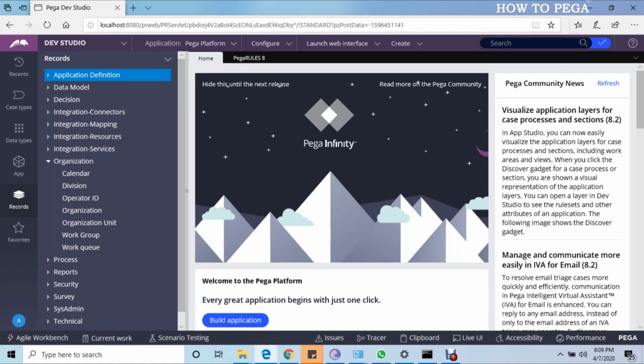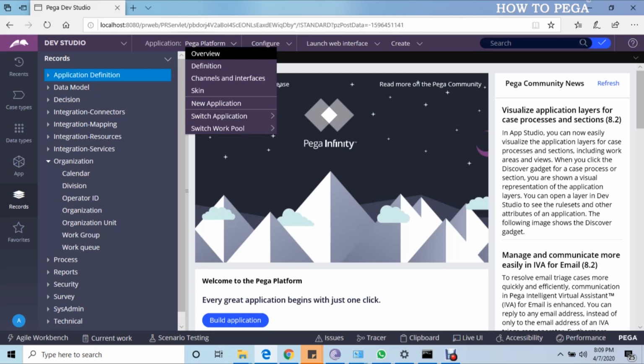Next is the top menu. In the top menu, you can see the application. So what is the application we are currently logged into? It is Pega platform. In the Pega platform, we can see the overview for this application and the definition for this application,